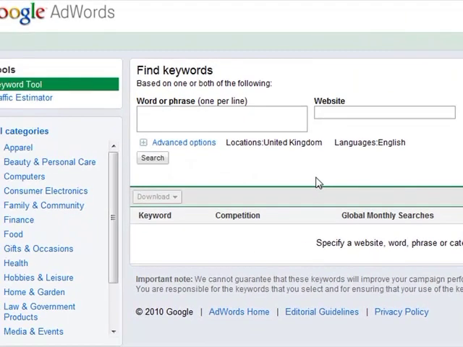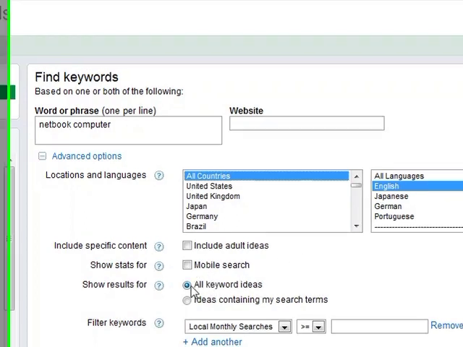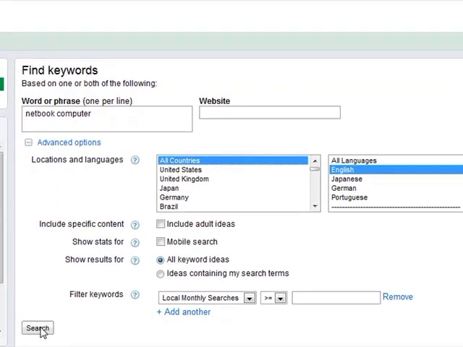So by now you should have an idea of a subject that you'll be using to build your blog with, and we'll type in the main subject here. For this example, we'll use netbook computer again, and if we click on the advanced options link, we will target all countries and, for the moment, all keyword ideas. So we'll click search,